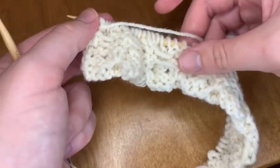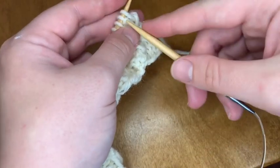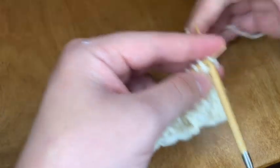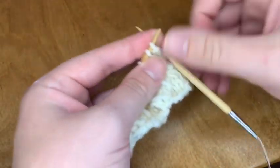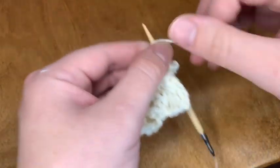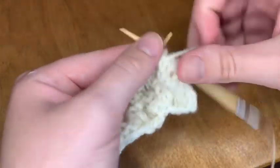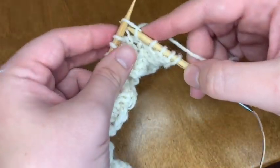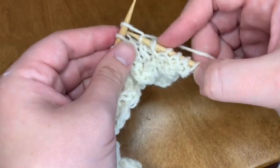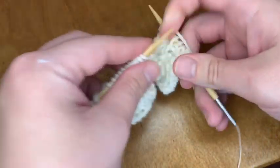And now we're ready for row 10. Row 10 is a repeat of row 3. So to begin, we knit the first stitch, then we purl the next 3, then it's knit 3, then purl